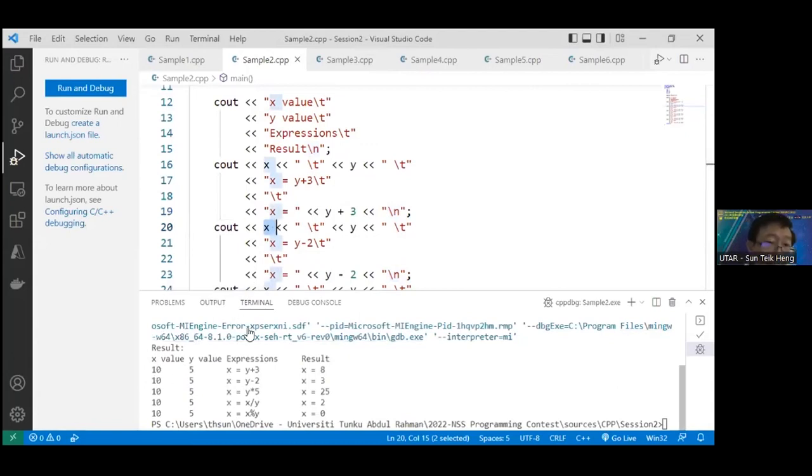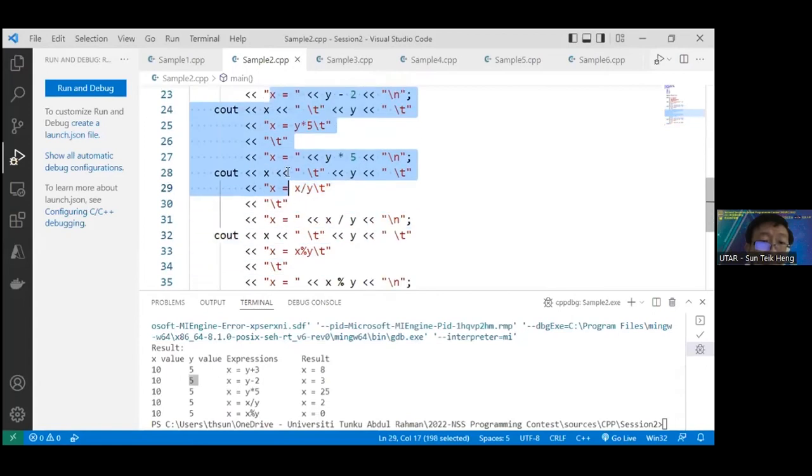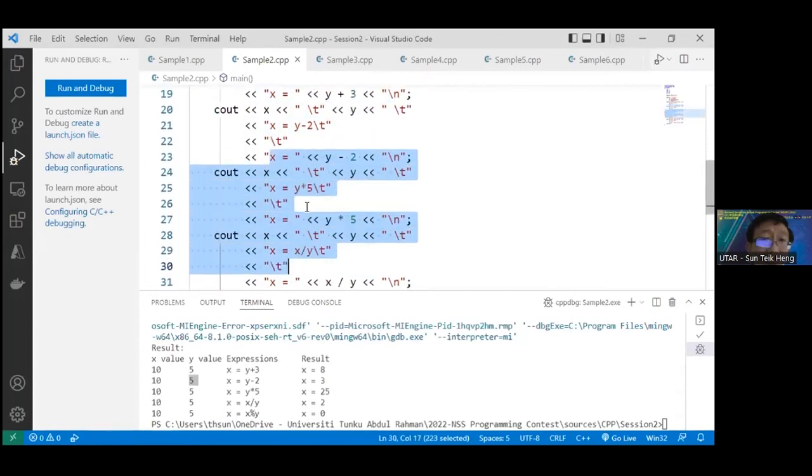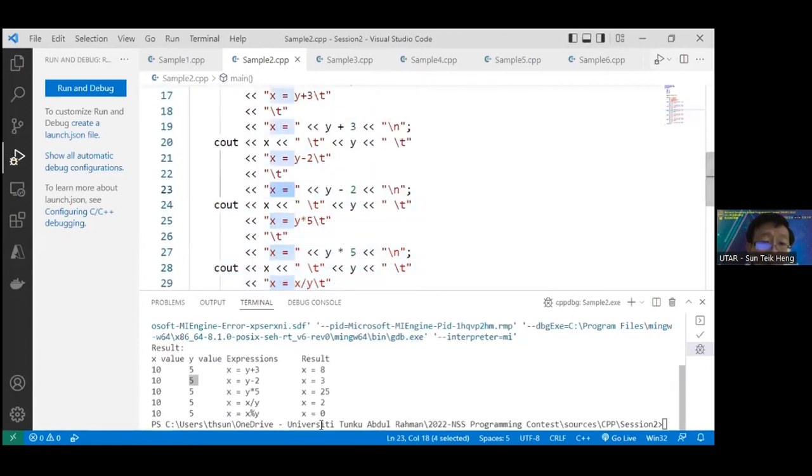So you display x. Then after that, you display a tab space, and then you display y. And then after that, you display a tab space, and then you display x equal to y minus 2, tab. Then another tab space, and then you display x equal to, and the result of y minus 2,